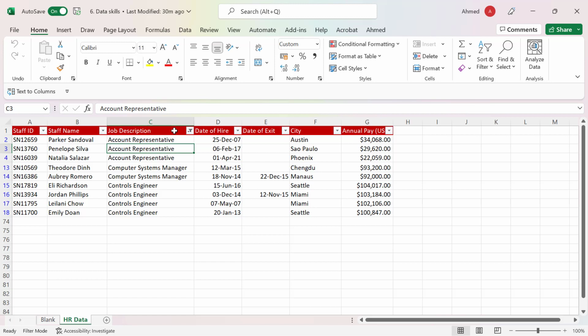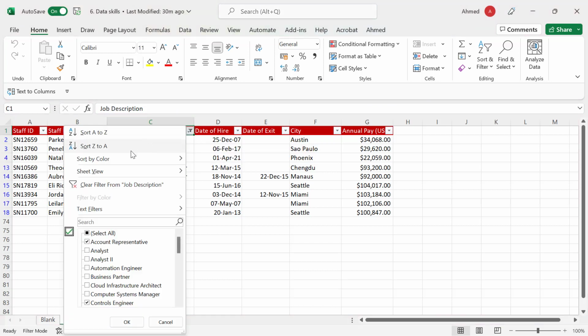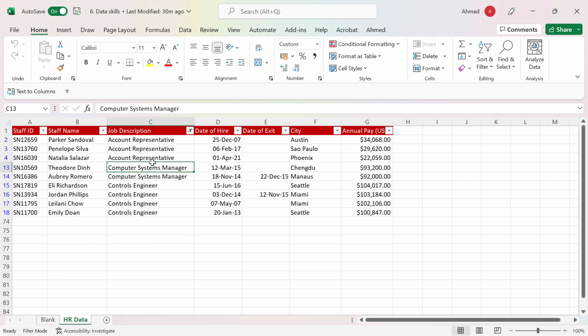go to the column that you applied filter on, and if you look at all the column headers, if you have this drop down on, you will see the one that you have applied your filter on is going to have a filter icon. So you can go right there to that particular one, and you can just click on the button that says clear filter from the name of that column. Right now, this option is going to be important, especially when you have filtered on more than a single column,